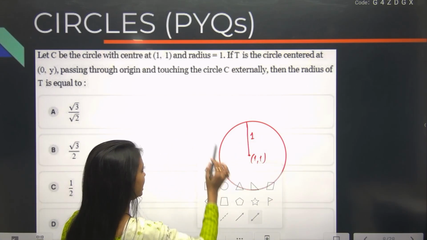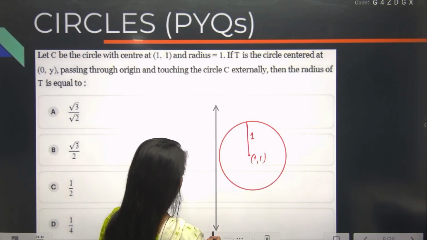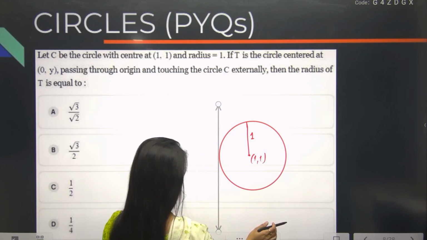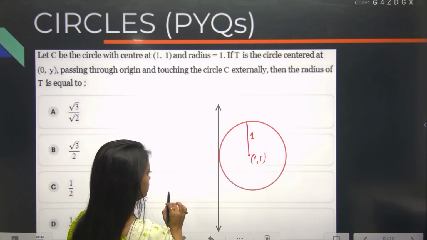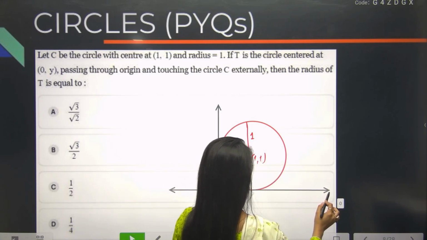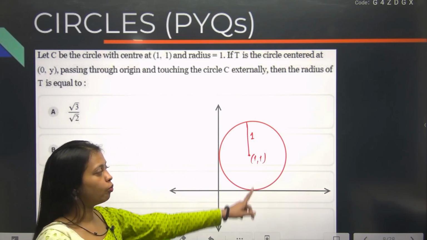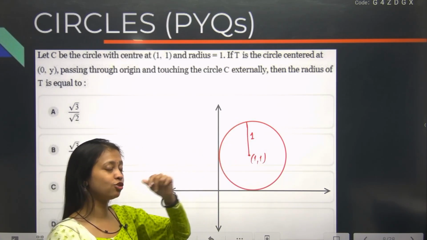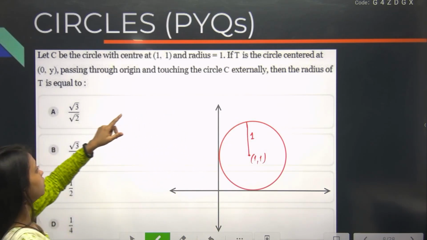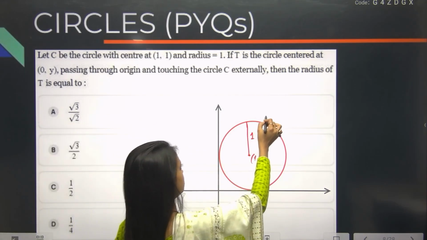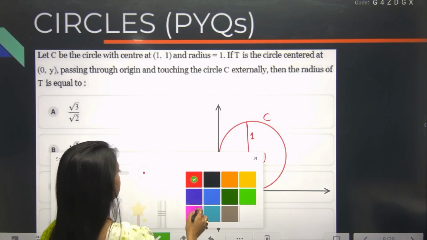You can clearly see that both the x-axis and y-axis are tangent. Yes or no? Exactly, something like that. Because 1 comma 1 is the center and 1 is the radius. It has to be like that, right? Now, T is some other circle, and this is C. Now, T is some other circle that says